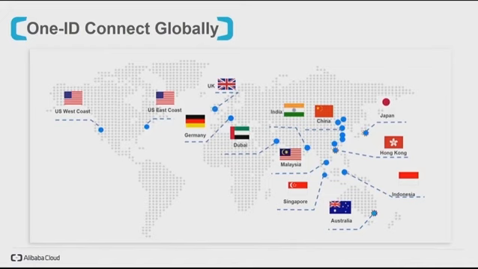One of the great pieces of feedback and advantages that we've had in the market, which our clients have found particularly useful, is that to connect to all our Alibaba Cloud regions around the world you need only log into one site. When you log into alibabacloud.com and you've got your user ID set up, you can access any region around the world and deploy any cloud services in any region based on that. So you don't have to jump onto a second portal in China to deploy your cloud resources, it's all on one. And we're the only provider that's able to provide that all around the world, including China.